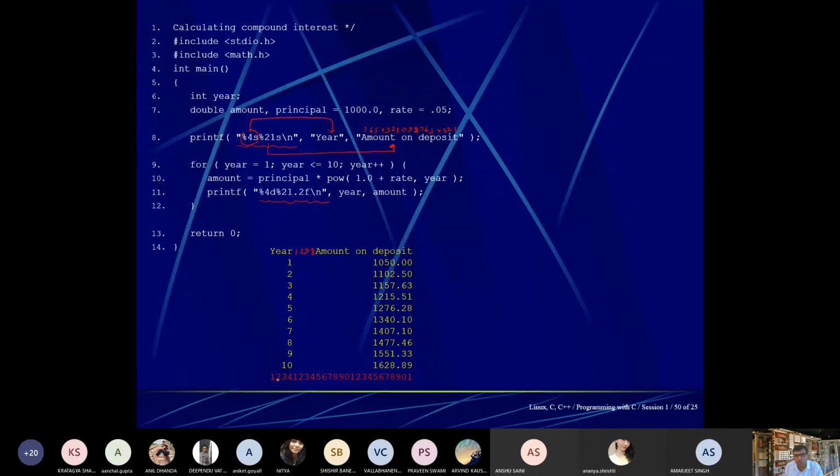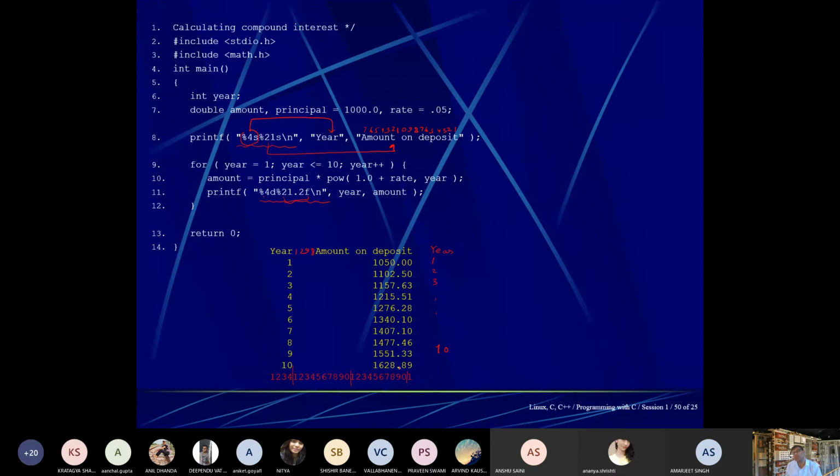Similarly, %4d. %4d is right justified. Whenever you are writing minus, it will automatically start from 1, 2, 3, likewise, and after that when 10 comes, it will be displayed. Now another thing, %21.2f. Here I had put the numbers 1, 2, 3, 4, 5, 6, 7, 8, 9, 10, meaning 10 and 10 and 1.